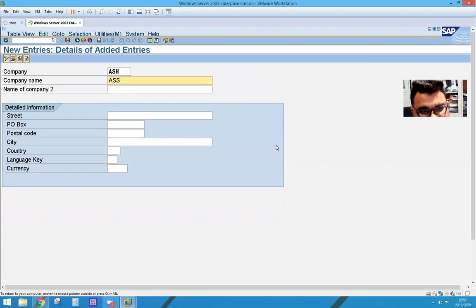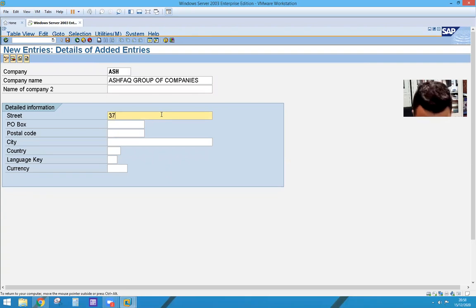Here I'll give company full name. Ashfaq Group of companies. Name too. If any other name is there, we can give. Next is street.